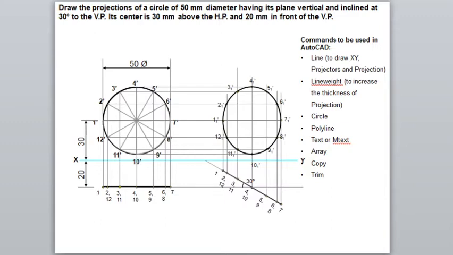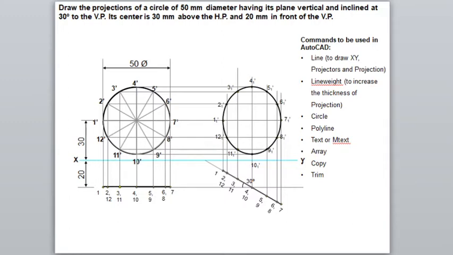So we are going to see the true dimension of the circle in the front view, and in the top view I'm going to get the straight line of the diameter of the circle. Now this same vertical plane or the straight line is making an angle of 30 degrees with my vertical plane, and I'm going to further draw the projections of my circle.